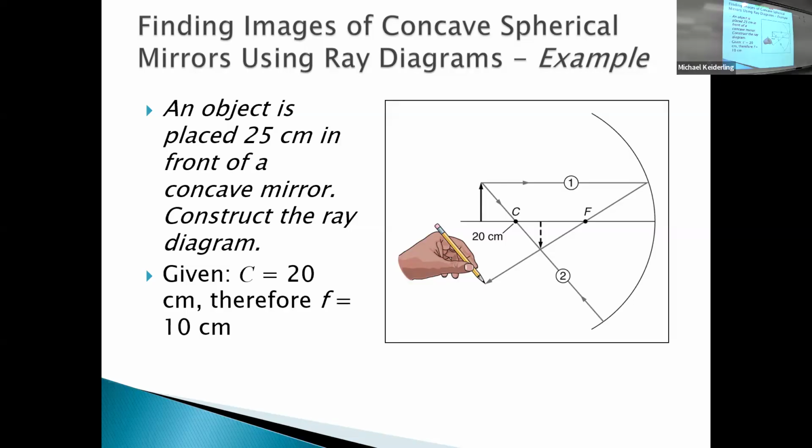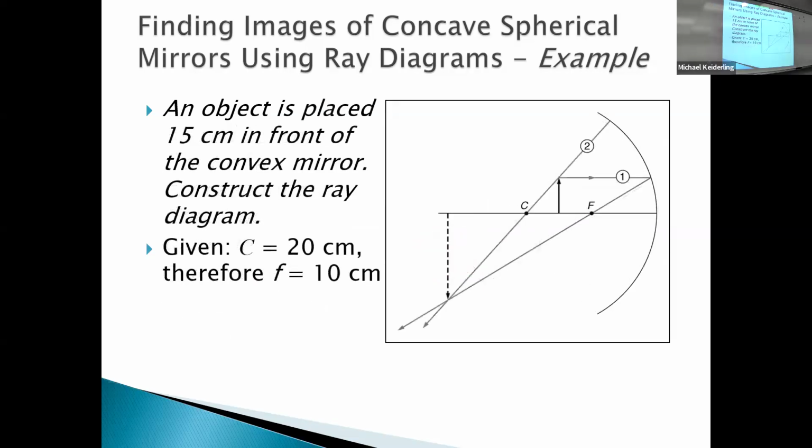It's 16.7 centimeters. And here we have an object placed 15 centimeters in front of the same mirror. So it's closer, it's in between the center of curvature. And this one will end up with a larger image that is real, inverted, and it's at 30 centimeters from